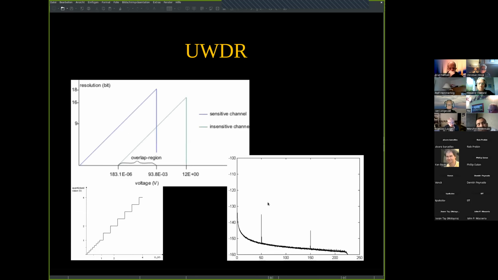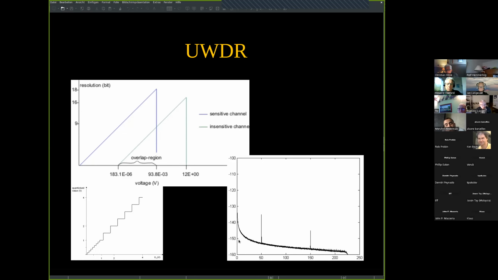And here you see real data that has been taken, and you see, yes, we were able to do the 150 dB dynamic range in the fine channel. And here you see the noise signals, the 50 hertz and the third overtone of the 50 hertz as noise signals,